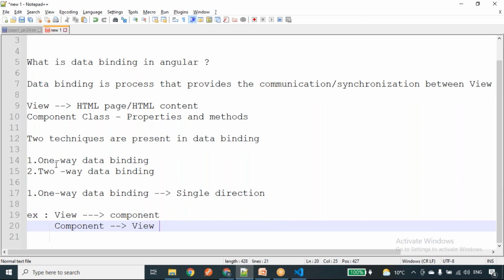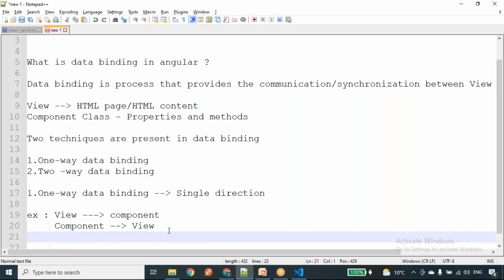First we'll go with one-way data binding, and next we'll explain two-way data binding. In one-way data binding, if you want to achieve it, we have a few different techniques. The first one is called string interpolation.